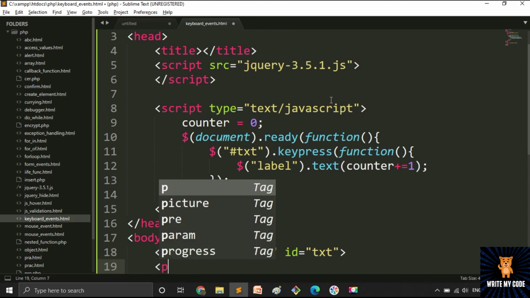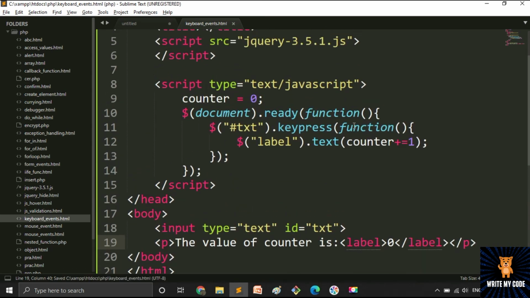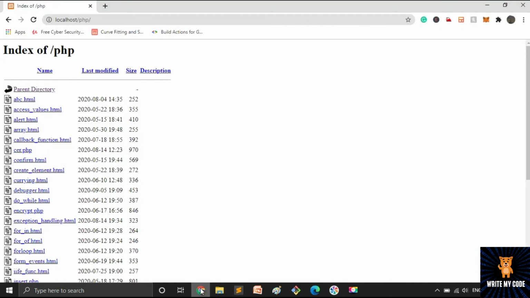For that we will use the p tag and the label tag, and initially we are giving it the value 0. Now let's try to implement our code.